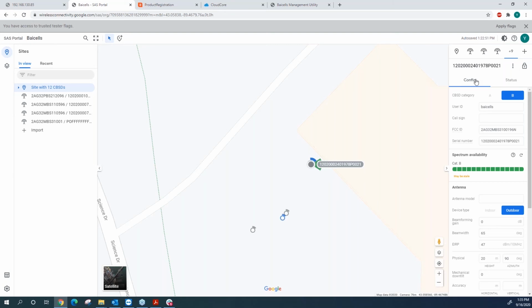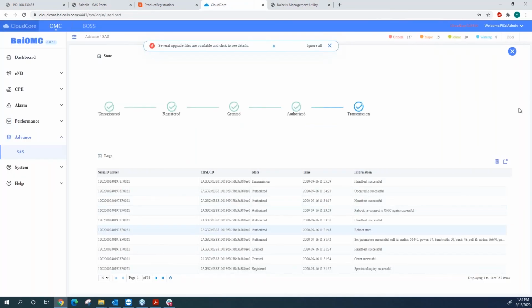Great, thank you. So another question is, I don't see my eNode registered in the Google SAS interface, but SAS is on and active. Did this person miss a step? Yeah, so the first thing they would want to check is if they're using single step or multi-step. If they're using single step, like we just said, all the configuration is done on the ENodeB side. And when they turn the SAS on, they can check which stage the ENodeB is in. And if it is stuck in a particular stage, like it's not getting registered, or it's not getting granted, or it's not